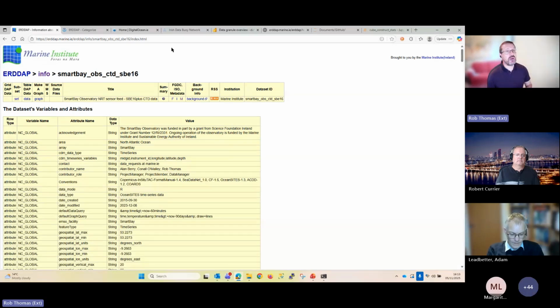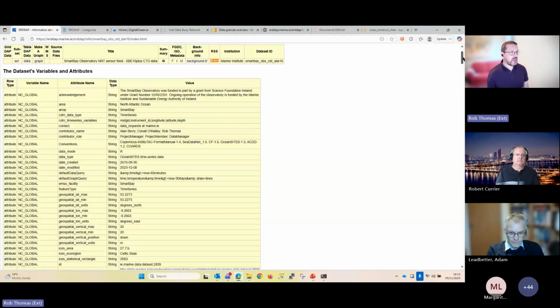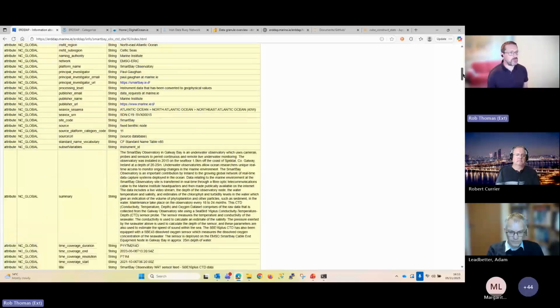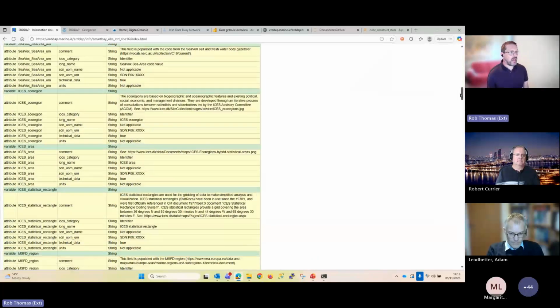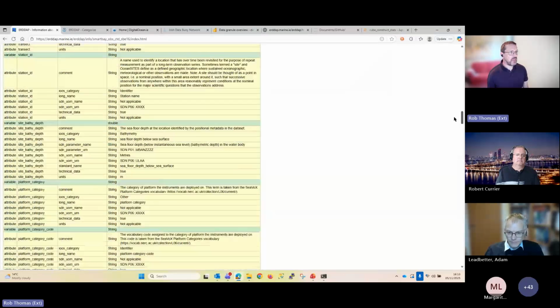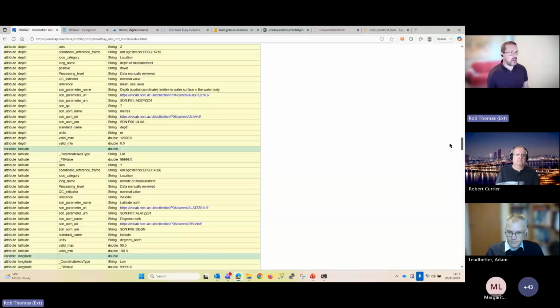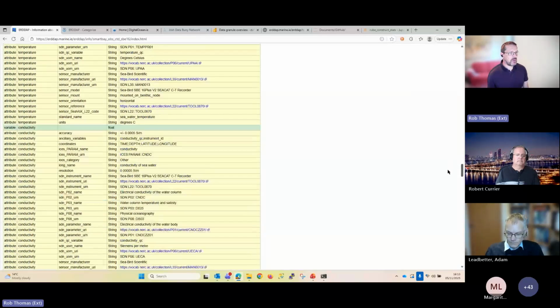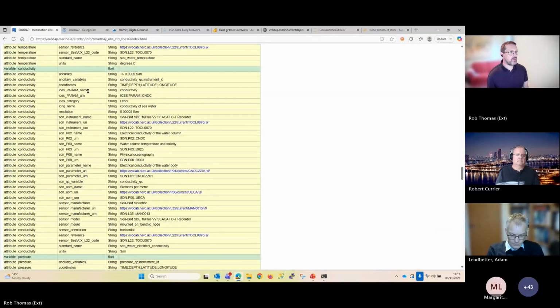This is an example of an enhanced metadata data set where we've pulled in the different attributes from a number of different sources that are required, and then marked down the extra water bodies and enhanced the variable metadata. So you can see here within conductivity, we're able to report accuracy, the different sensors, and by adding in these different hierarchical vocabularies